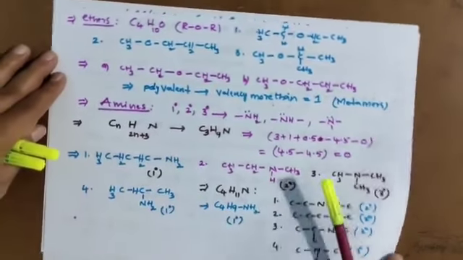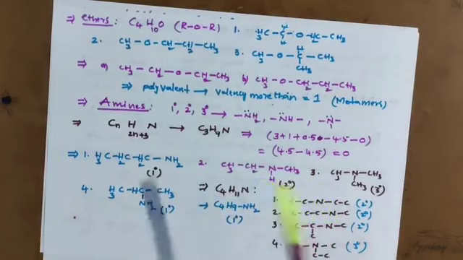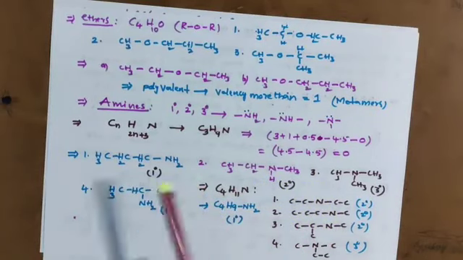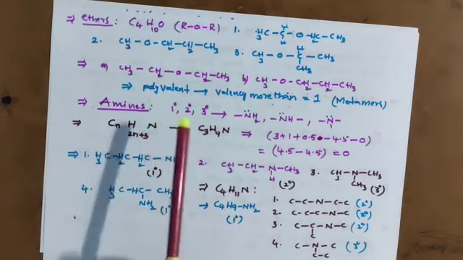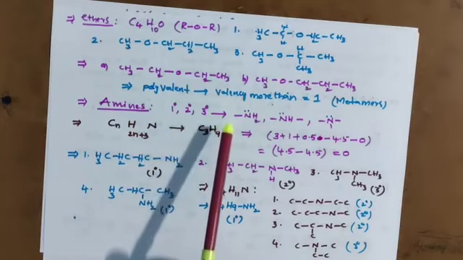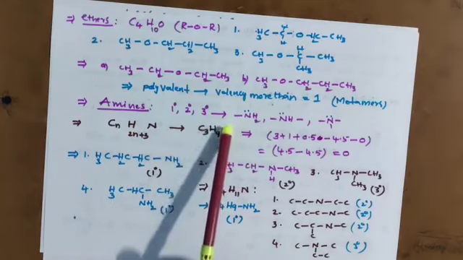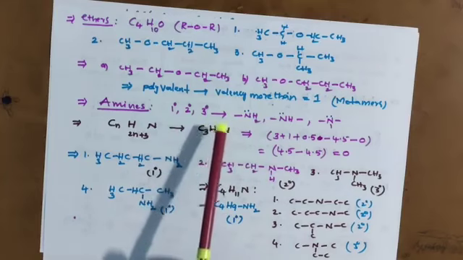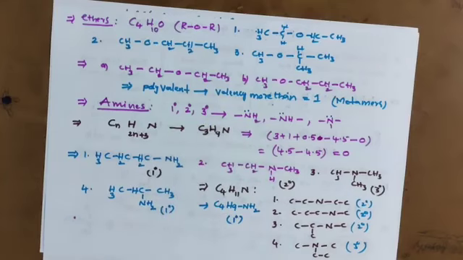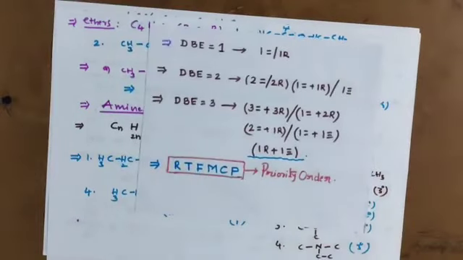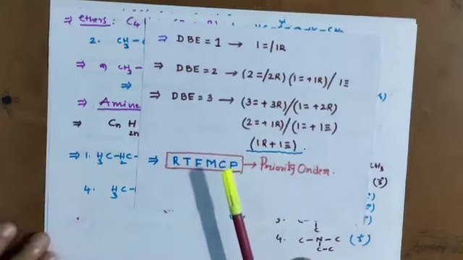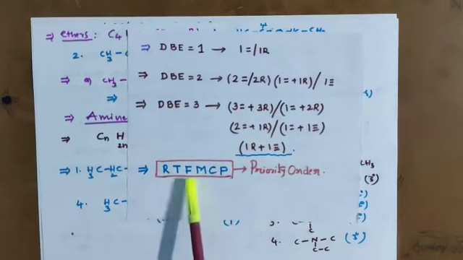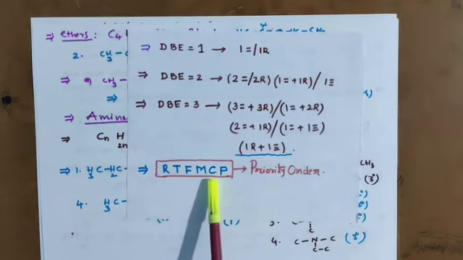So this is about functional group isomerism in detail, and when you are learning functional group isomerism, you go together for metamerism and ring chain isomerism. Why? Because ring chain isomerism is the first priority. I have given the priority order: ring chain isomerism first priority, next tautomerism, next functional group, next metamerism, next chain isomerism, and last position isomerism. Thank you.